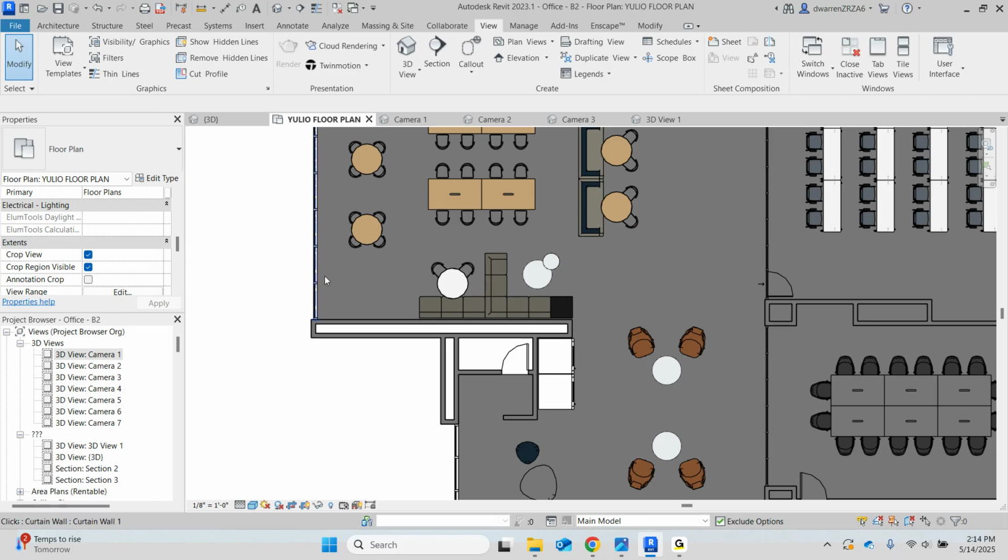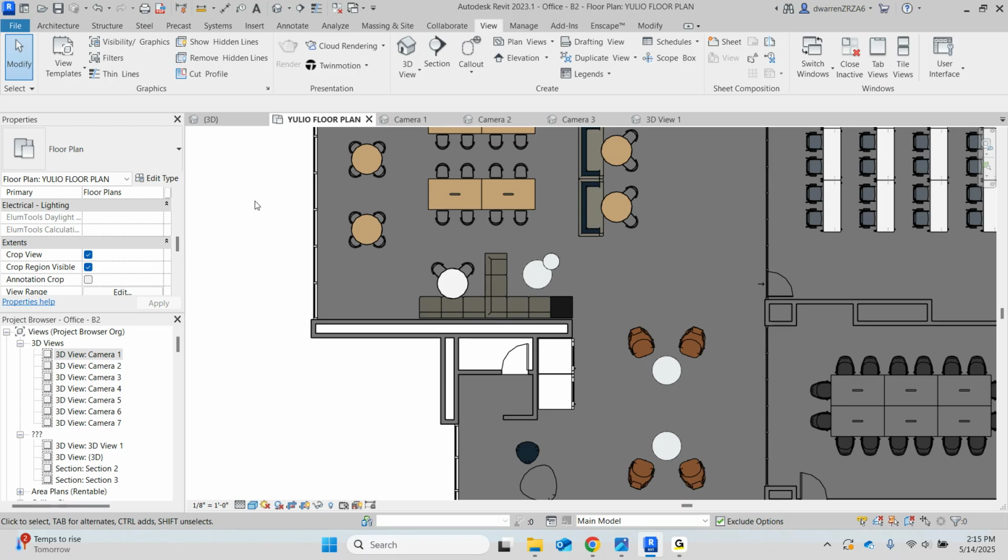Okay, so now that we have created our views, one thing I want to do before we get into the actual Yulio plugin is touch on lighting. Yulio Jump was designed to simplify the rendering process as much as possible and take complexities like lighting off of your hands. Currently, the Yulio Jump for Revit plugin has 4 different lighting models to choose from